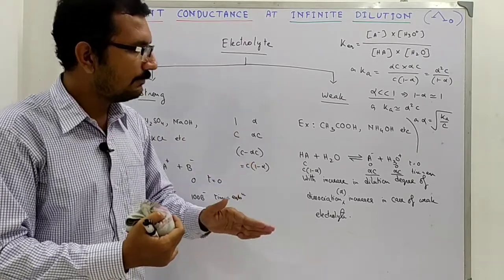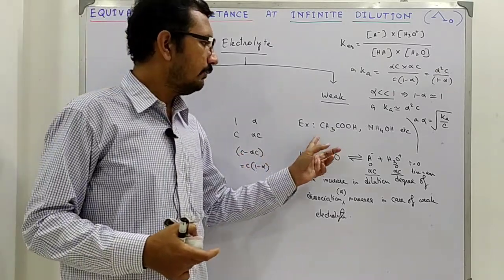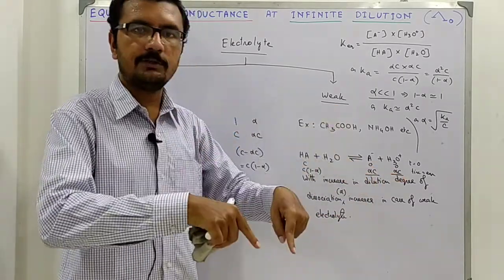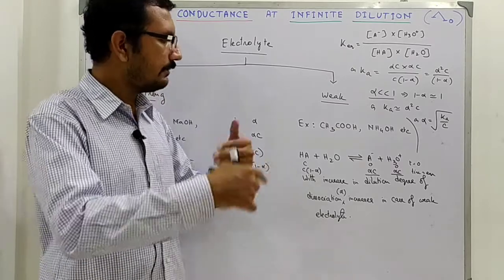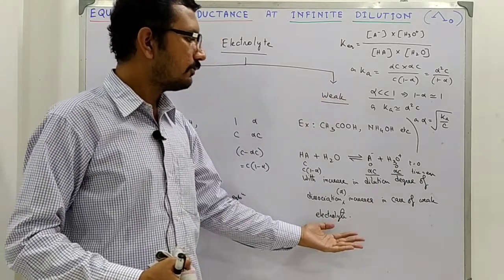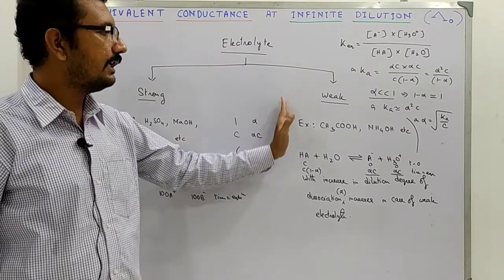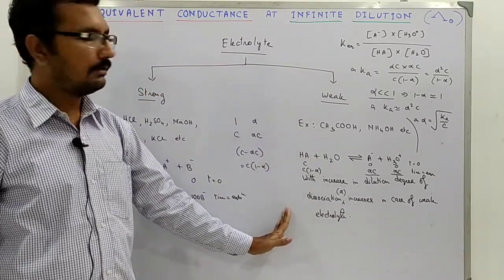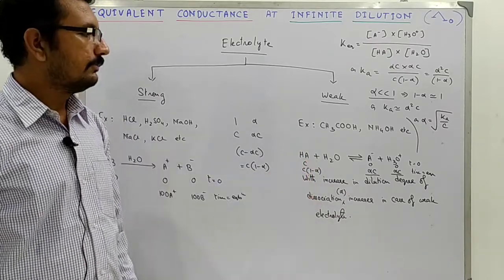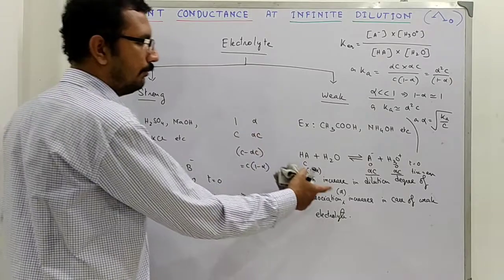Now as we dilute, the distance increases, but more and more ions come into the picture due to further dissociation. So with dilution, distance increases, but more and more ions come into the picture. So the distance between the oppositely charged ions remains more or less fixed in case of weak electrolyte. So the increase in ionic mobility does not play here in case of weak electrolyte, but the number of ions increases, that is the reality, and that is going to guide the variance of equivalent conductance for weak electrolyte with dilution.